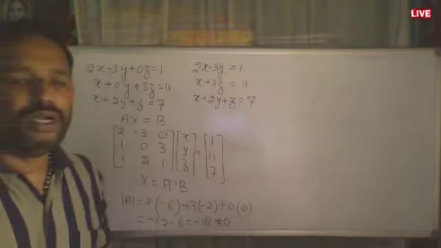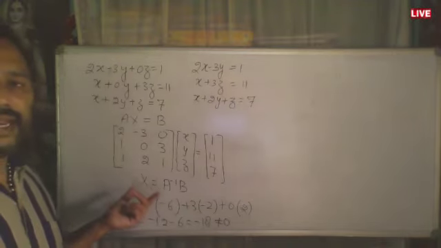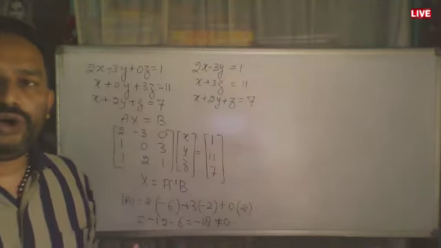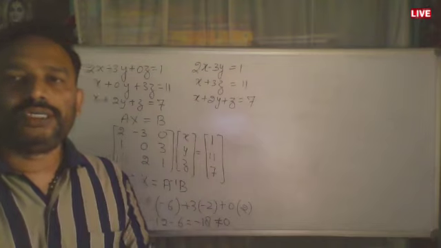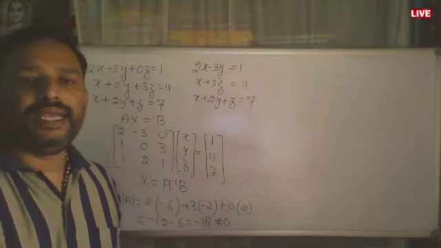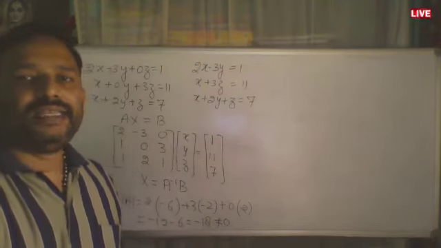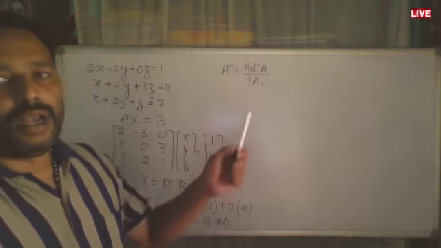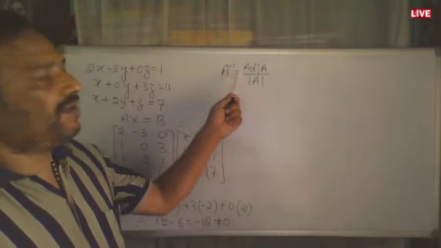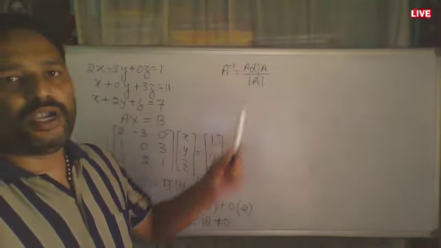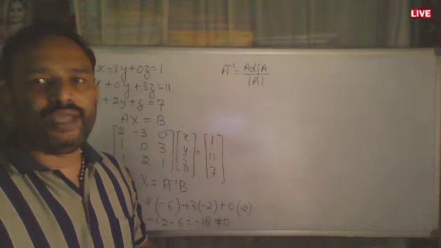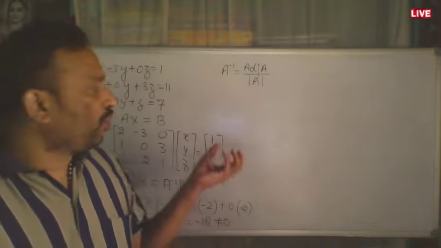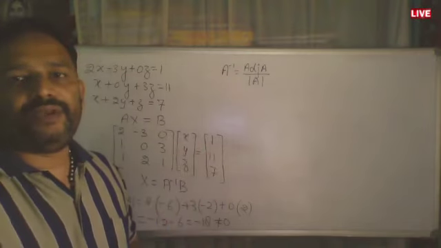If we find that the determinant of the matrix which we obtained from the coefficients of variables is non-zero, it is said to be a non-singular matrix, and so it is invertible. So further we will find the inverse of this by the adjoint method. Now we know that A inverse is equal to adjoint of A upon determinant of A. What is adjoint of A? It is the transpose of the matrix which we obtained from the cofactors of the various elements of the given matrix.